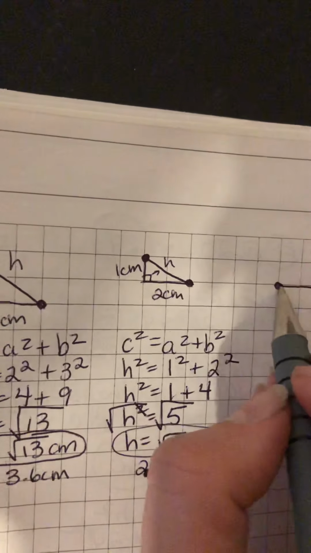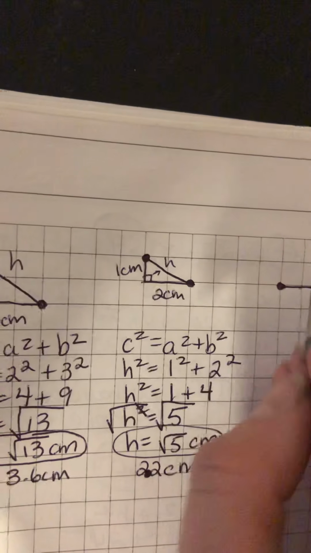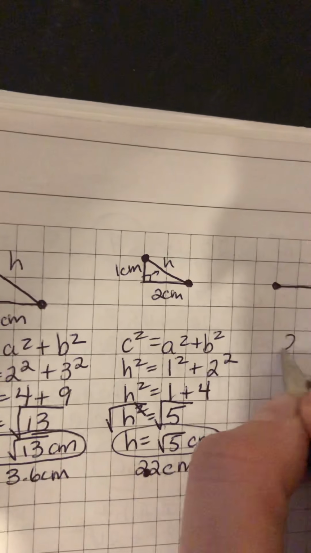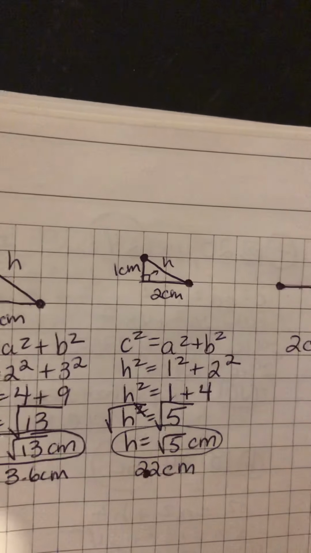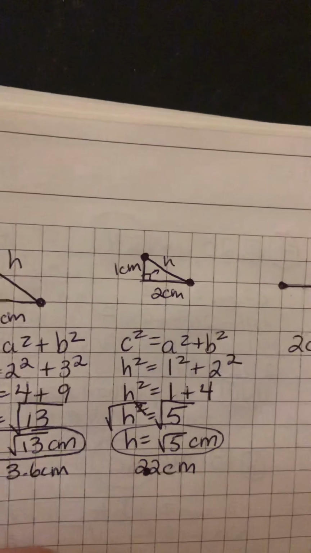In this one, it's on a 1 centimeter grid, so we just know this is 1, 2 centimeters. We already know that's 2 centimeters. We don't have to do anything. For B,